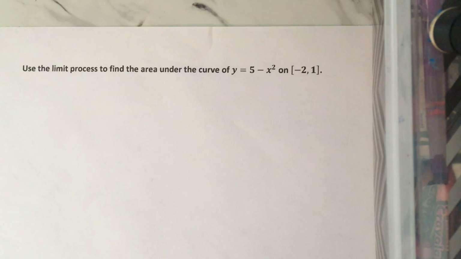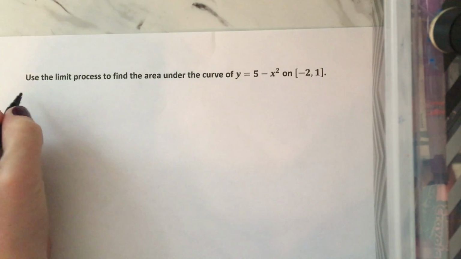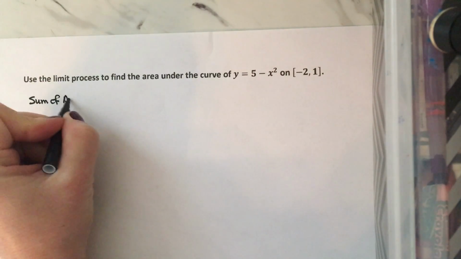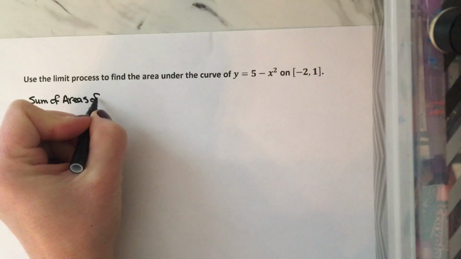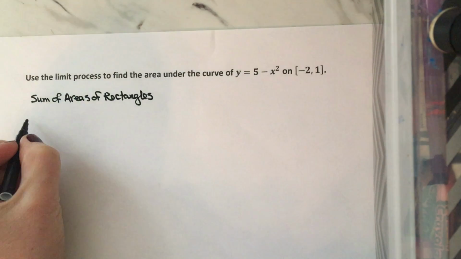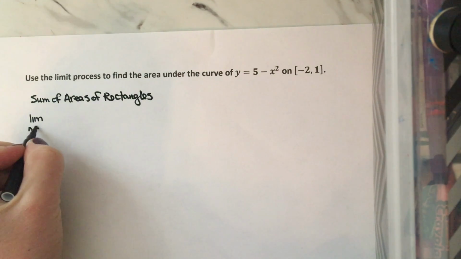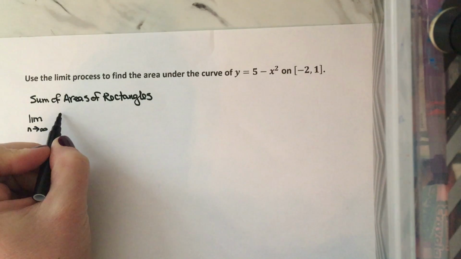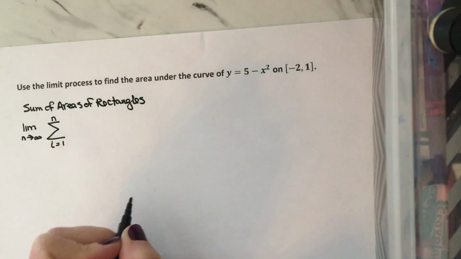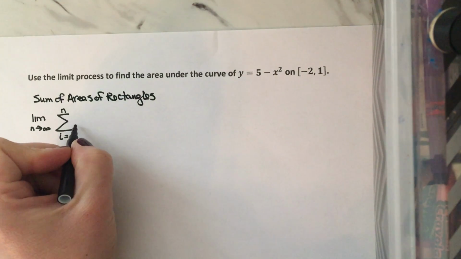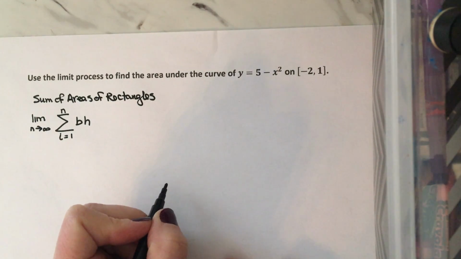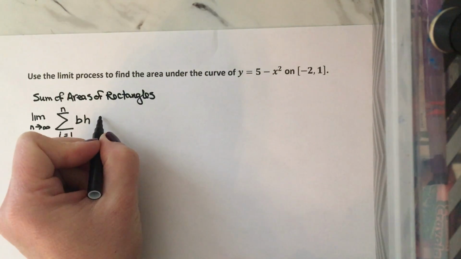And so when we were doing this limit process, we thought about, I'm going to find the sum of areas of rectangles. And hey, the more rectangles that we made, the better. And so eventually we wanted an infinite amount of rectangles. So we were finding for an infinite amount of rectangles, the summation from i equals 1 to n being an infinite amount, of the area of the rectangles. And remember, area of the rectangles is base times height, which then we said we could go further with, and we could write that,